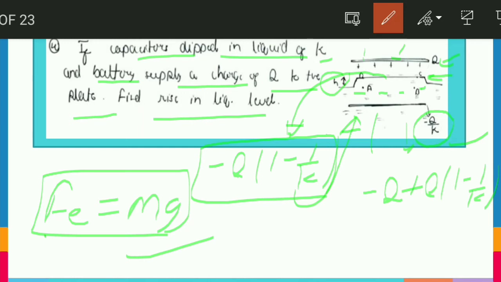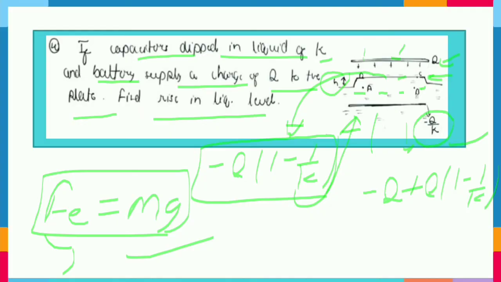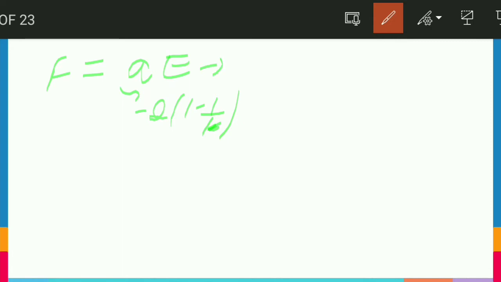Let's first calculate F electric, the electric force on this surface. So friends, let's move to the next slide. For electric force, we can write F equals Q into E, where Q is our charge, which we know is minus q times (1 minus 1 upon K). This is our charge. And the electric field will be produced from surfaces: the upper surface which has the positive charge of plus q, and the lower surface which has the negative charge of minus q by k.